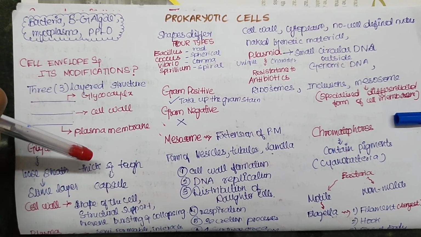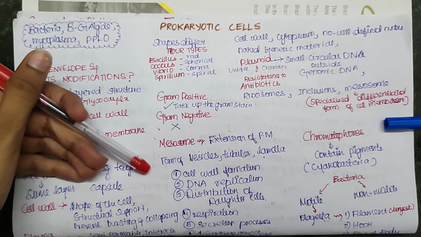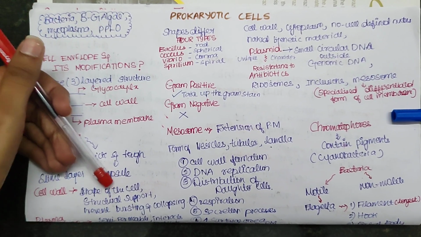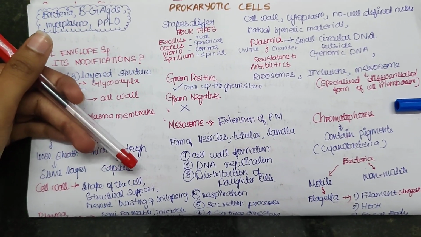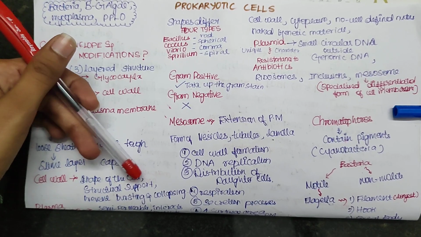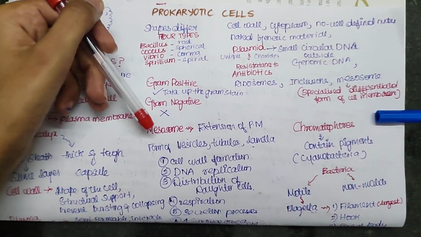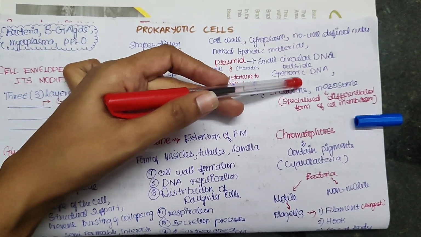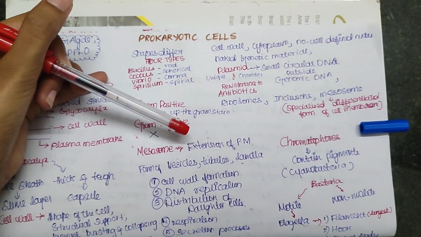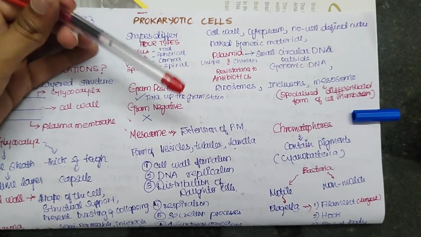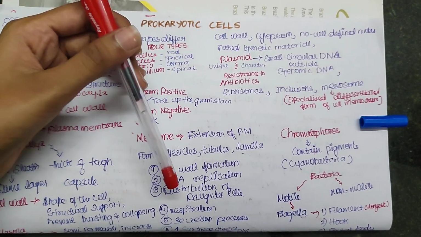Structural support, and it also prevents the cells from bursting and collapsing. Now to talk about the plasma membrane, it has a semi-permeable nature and it also interacts with the outside world. And we have some specialized structure called mesosome, which we have discussed here. These are nothing but the extension of the plasma membrane, and these extensions can be in the form of